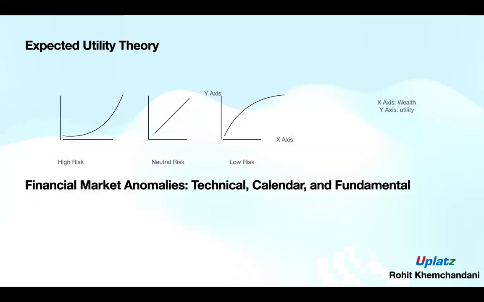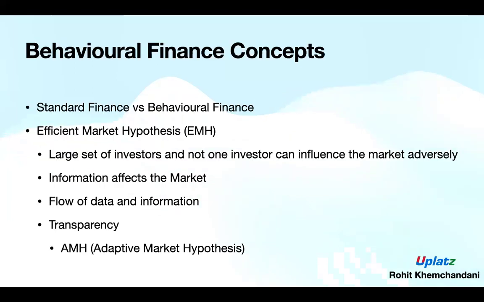So we have already discussed these three forms of market efficiency: weak, semi-strong, and strong. The weak form totally negates the effect of trend analysis. The semi-strong form basically negates the fundamental analysis approach, and the strong form basically negates the role of inside information or insider traders, which can affect the investors.